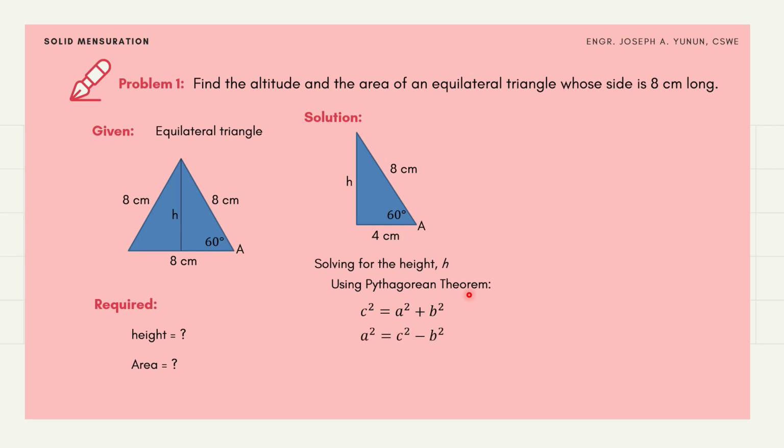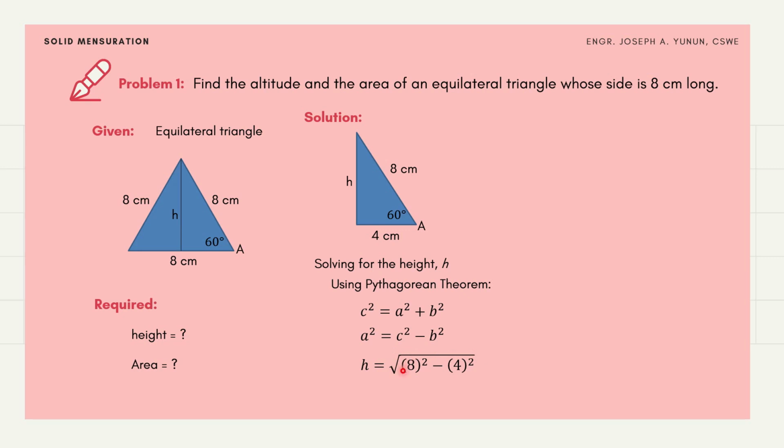Okay, so rearranging, solving for the unknown. For this particular given figure or right triangle, we have the given 8 centimeters for the hypotenuse. Okay, and then let's say this is side B. We have angle A, so probably this is side A when represented in this given formula. So therefore, by substitution, or you can simplify this one first, the altitude is represented by the side A, and then will be equal to the